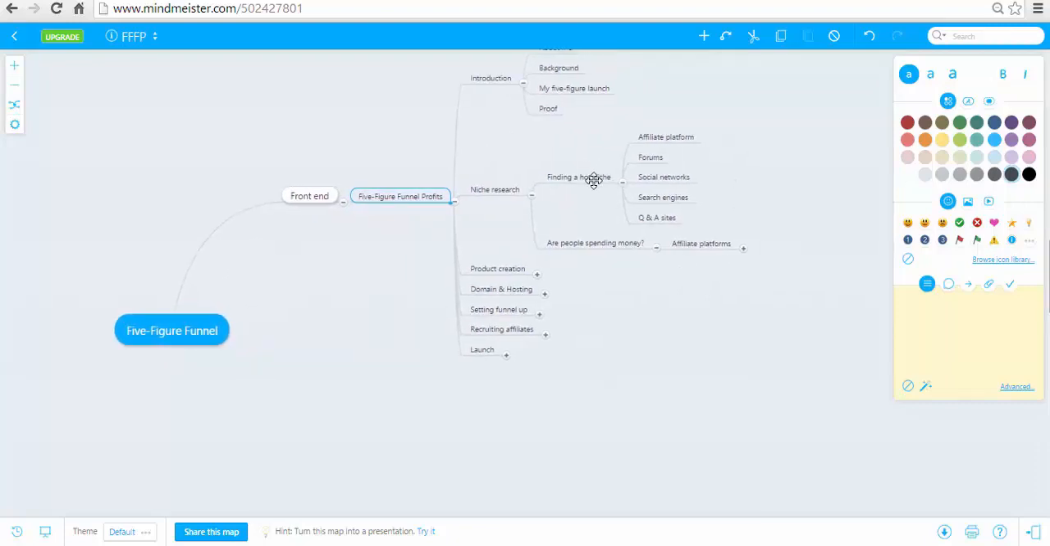You can see in the finding a hot niche, I wanted to break it down into affiliate platforms, forums, social networks, search engines, and Q&A sites. All the places that I use to research whether a niche is hot or not. Then obviously I wanted to work out if people were spending money, and no better place to do so than